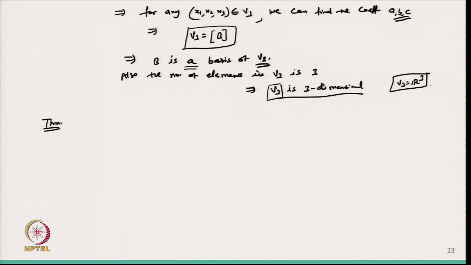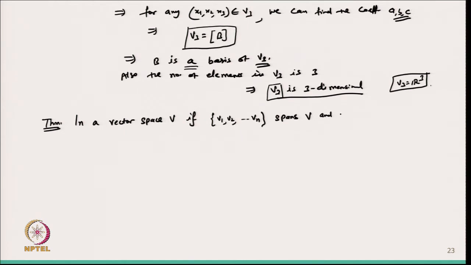So, that theorem gives the relation between the spanning set and the linearly independent set, the number of elements in the linearly independent set. So, this theorem says that in a vector space V, if V1, V2 up to Vn spans V, okay, so it spans V,